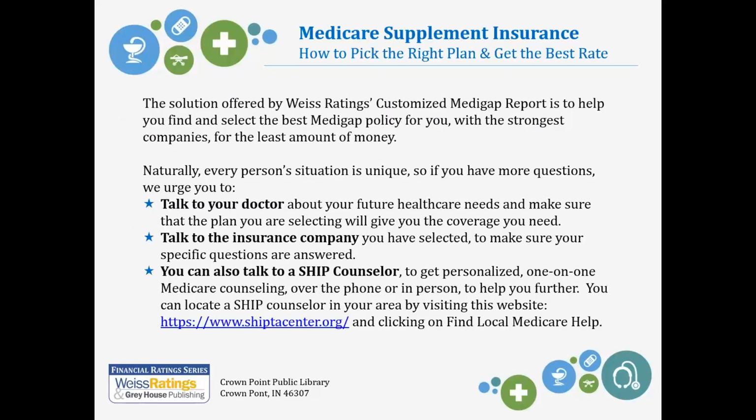So the Medigap report, this customized Medigap report, helps you find and select the best policy for you with the strongest companies and for the least amount of money. Everybody's different, so